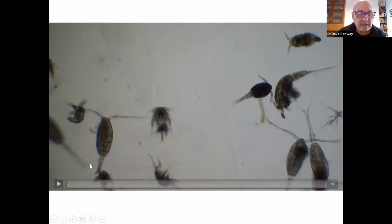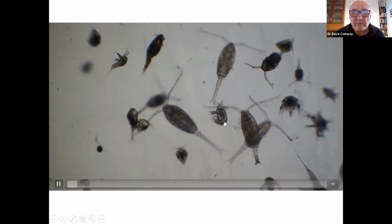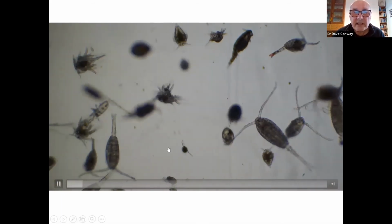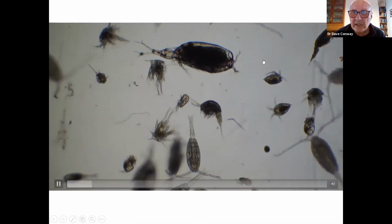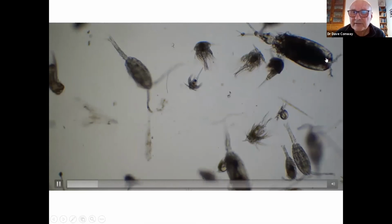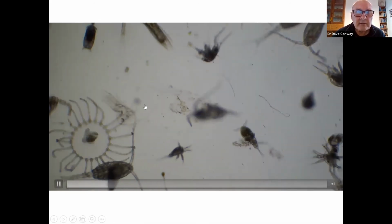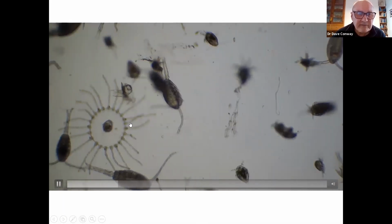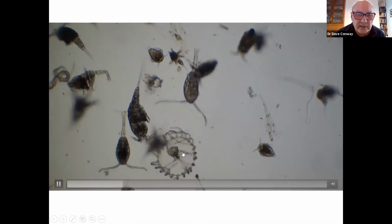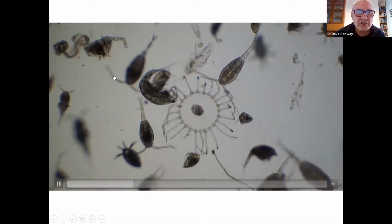I can show you a quick video, if you haven't ever looked down a microscope at zooplankton, and these are mainly copepods here. This is Oithona, a very common copepod. This is Ditrichocorycaeus anglicus. It's got little glassy eyes at the front, a very square, boxy species. Little polychaete worm there with setae. This is a jellyfish pulsing away. You can see they've got a very mobile stomach moving along in the center. Lots of little copepods jumping around,